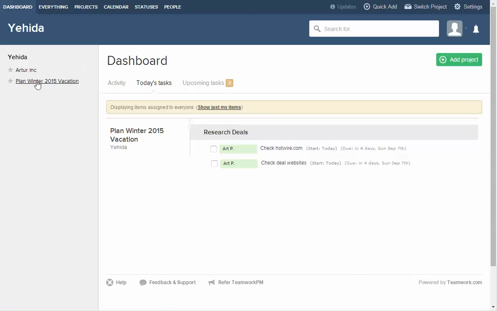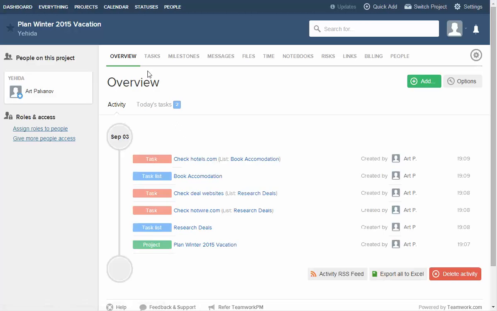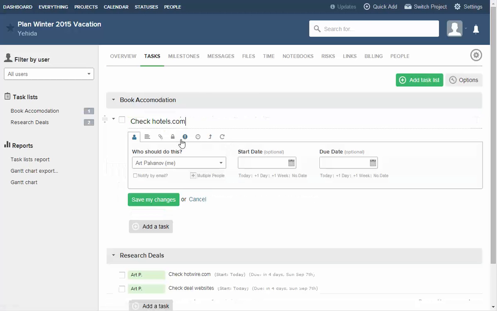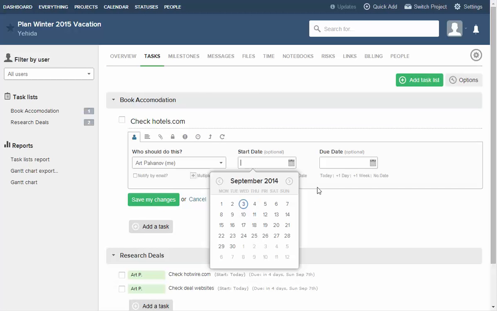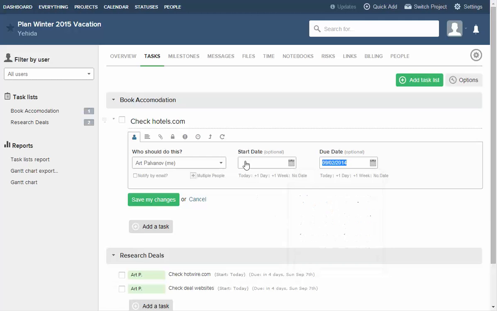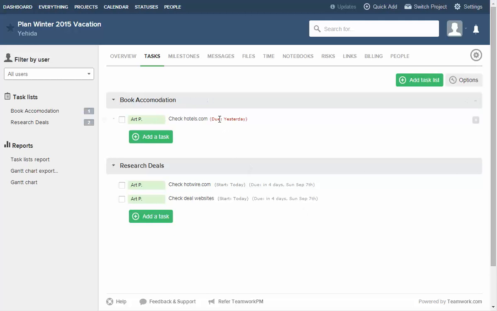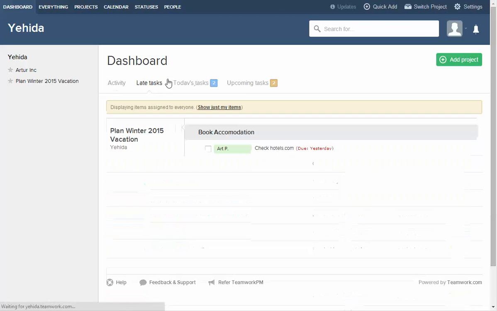Now, let's say, for example, I have another project here. I'm going to create a task, for example, check hotels, but let's say the due date was yesterday. Now you see due yesterday and it will be in red, and if we go to the dashboard, it will actually create another tab called late tasks,